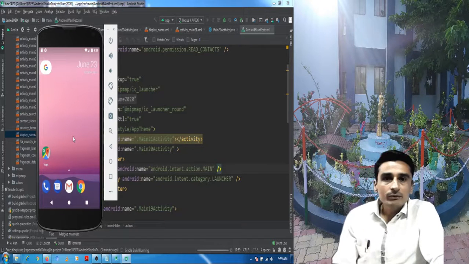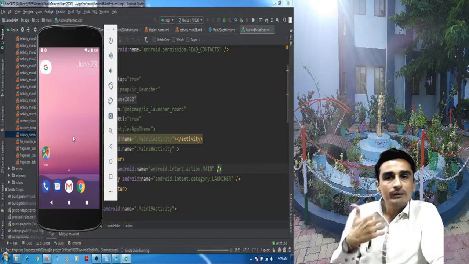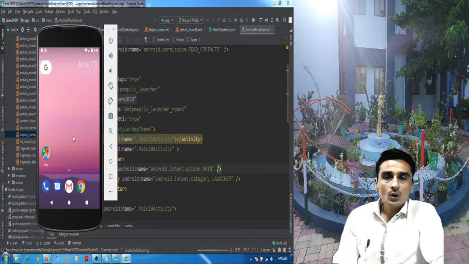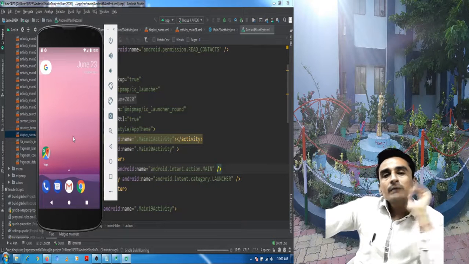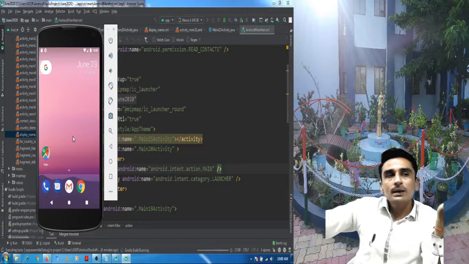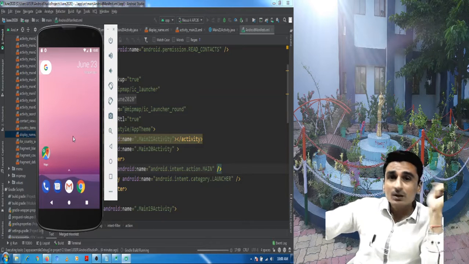Okay, and a submit button would be there. If he enters the data and clicks on submit, that record will be inserted in the contacts content provider using intent mechanism.